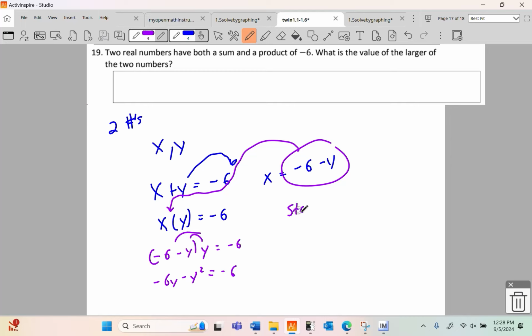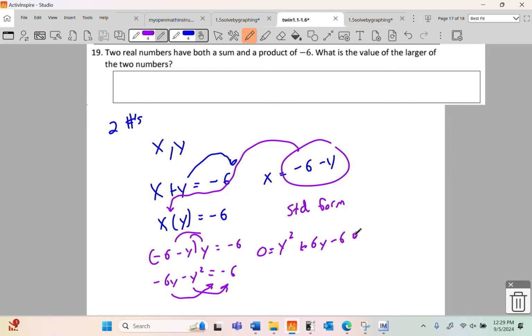Now I'm going to go for what's called standard form. And I'm actually going to shift everything to the right to make that y squared positive. So positive y squared, I'm going to have a 0 on the left, plus 6y minus 6. Wait a minute, there she is. I was hoping this thing would factor,